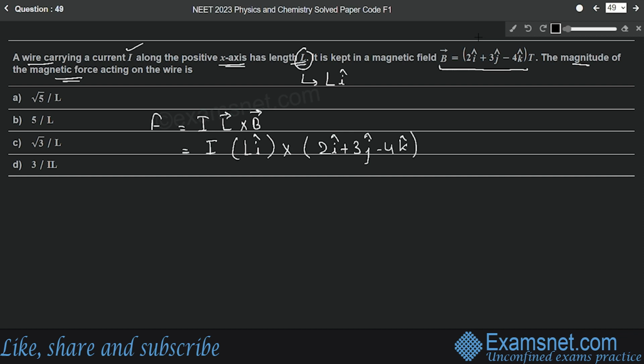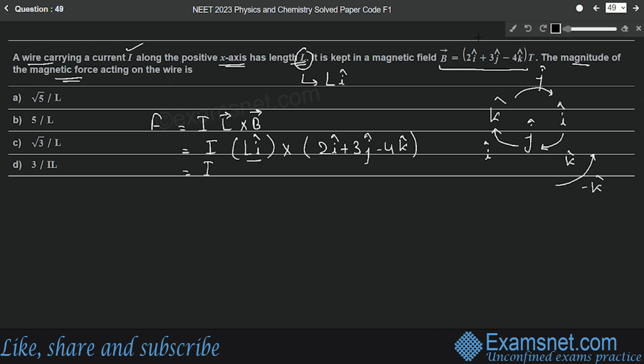Now here you should remember that when we are finding the cross products, what will be the resultant unit vector? So this is i cap, this is j cap, this is k cap. If we are finding i cap cross j cap, the resultant vector will be k cap. Similarly, j cap cross k cap will give i cap, and k cap cross i cap will be j cap. If the direction is opposite, that is anti-clockwise, the same answer will be in minus. That means if we are finding j cap cross i cap, then it will be minus k cap. Similarly it will be minus for all in case of anti-clockwise direction. So let's see,